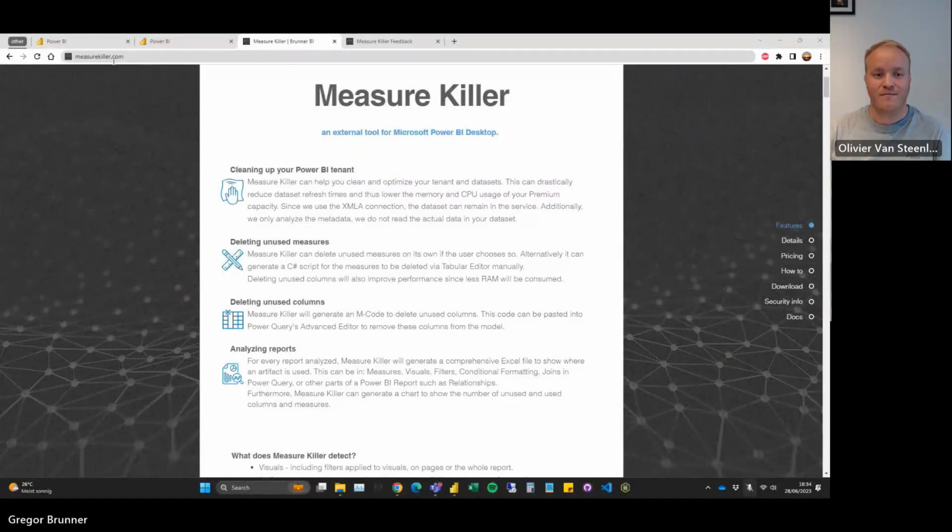So you can find Measure Killer on measurekiller.com. Everything is basically here, and you can also download it from here. We also have a paid version. I will explain later what the difference is between the free and the paid version. But generally, this tool is made to optimize your Power BI models, to make them smaller, to remove unused columns